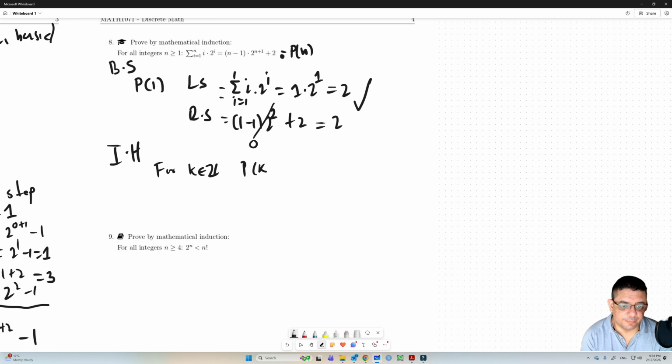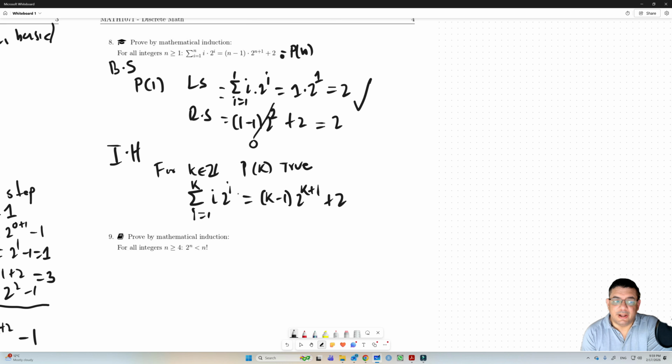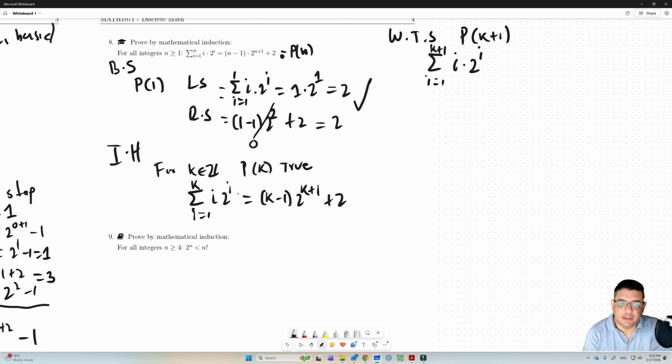P of K is true. So that means that the sum from i equals 1 to K of i 2 to the i is equal to (K minus 1) 2 to the K plus 1, plus 2. Now, we want to show P of K plus 1, which is what? The sum from i equals 1 to K plus 1 of i 2 to the i is equal to